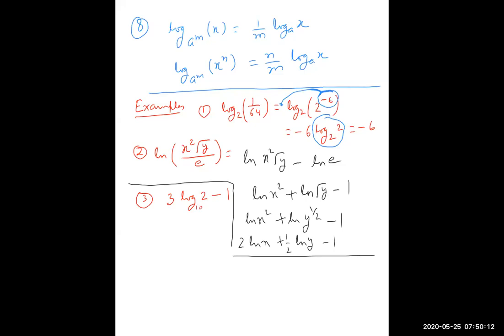See, first of all, what is the problem here? Main thing, this 1 is there in the last. 3 log 2 minus 1. So I can write 1 as log 10, 10. Log A A is 1. Why am I writing in this way? Because here base is 10. If base is e, I will write it as log e e. So now I can write this as 3 log 10, 2 minus log 10, 10. Understood this point? This step got it? Yes, tell me.